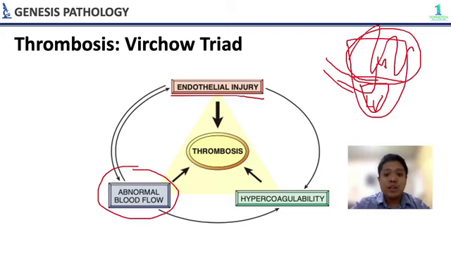So, nagkakaroon ng endothelial injury. And as we all know, endothelium usually has anticoagulant properties. Pag nagkaroon naman ng endothelial injury, nagiging procoagulant siya. So, magkakaroon ng hypercoagulability. So, these three, in combination with each other, magfo-form ng thrombosis, which can cause embolism, which